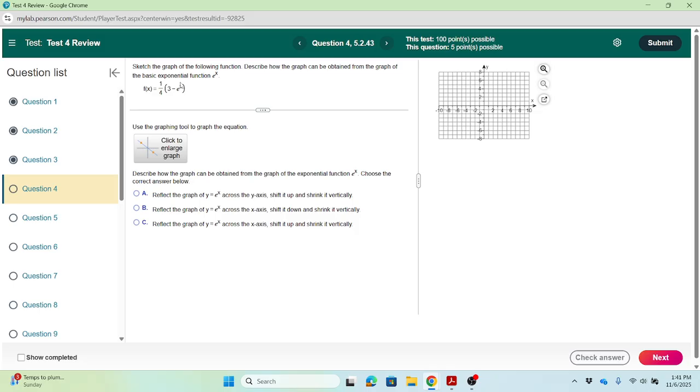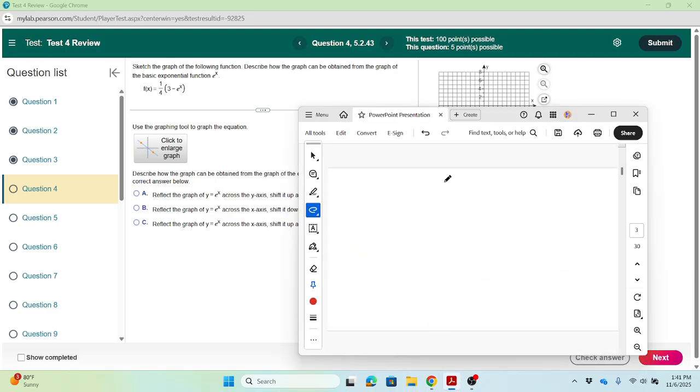Fine. How to plot the graph of this exponential function? We start with the e to the power x. There is a minus, so we know the graph of e to the power x looks like this. And if you want to plot the graph of negative of e to the power x, that would look like this, which is reflection across the x-axis. And if you add 3, this graph shifts 3 units up, and if you multiply that by 1/4, you are